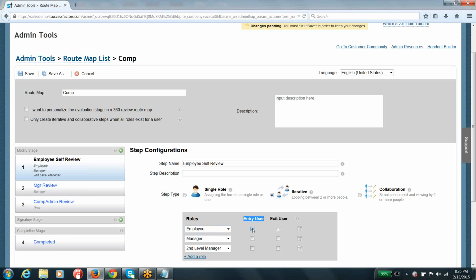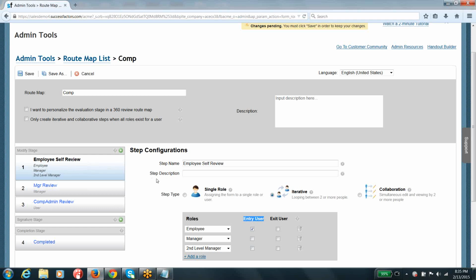And whenever you are done with respect to the work that you are supposed to do on that particular form, you can send the form to the next step, and the manager or second level manager can work on that particular form. And if they are interested, they can send back the form to you as well, guys. But ultimately, when these three guys have completed work, it should move on to the second step, right?